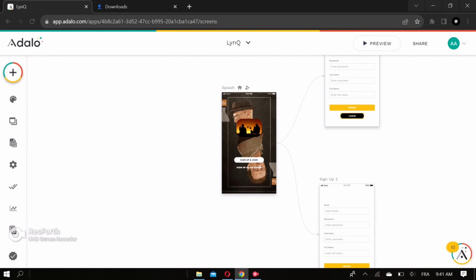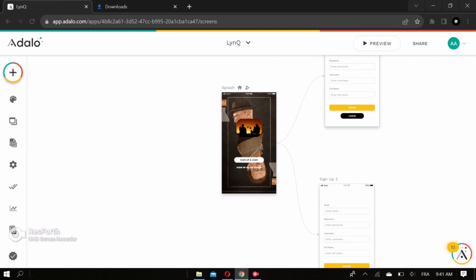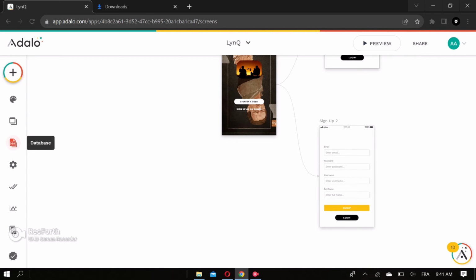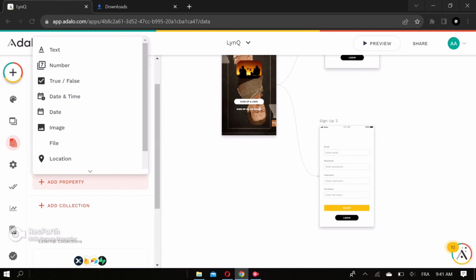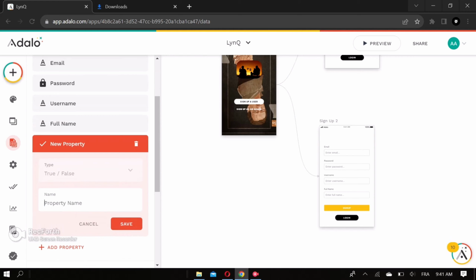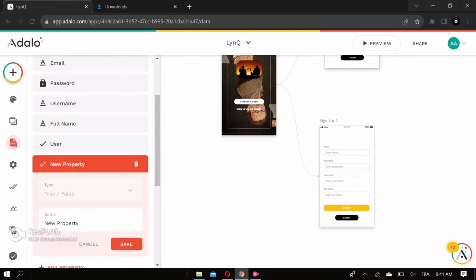So I'm gonna get to the login process in a bit, but first of all, I'm gonna finish up on how to work with this on the sign up process. So a very crucial thing we need to do first is go to the users collection on the database, and create a new property, a true false property. I'm gonna create two of these, one called user and the second one called admin,